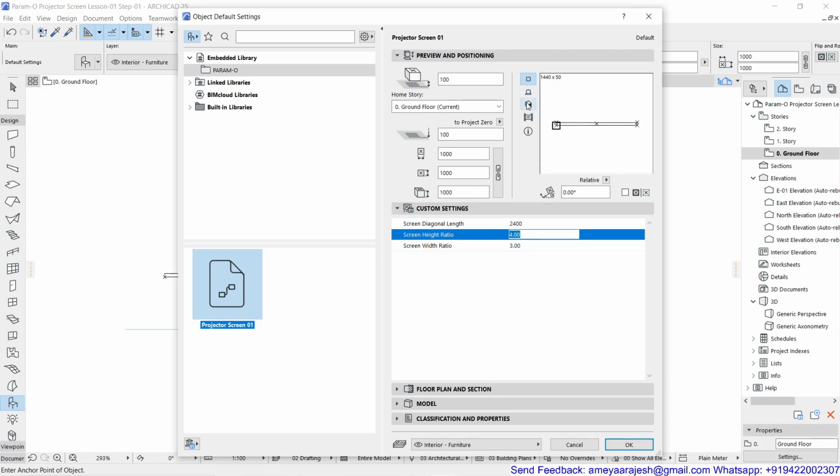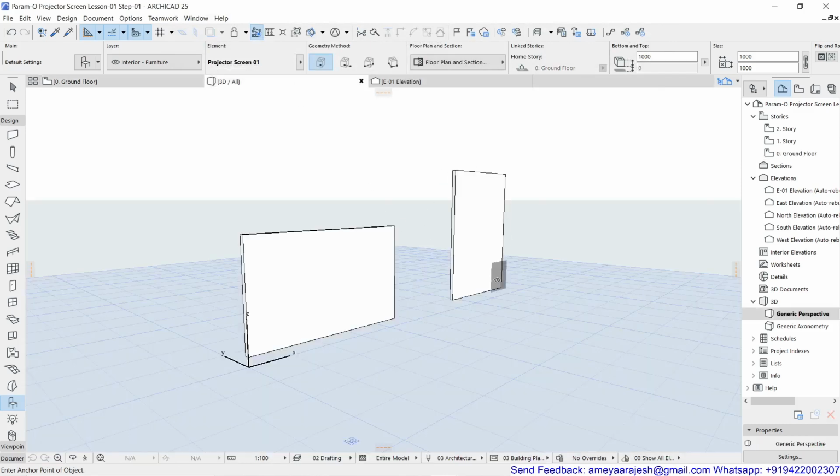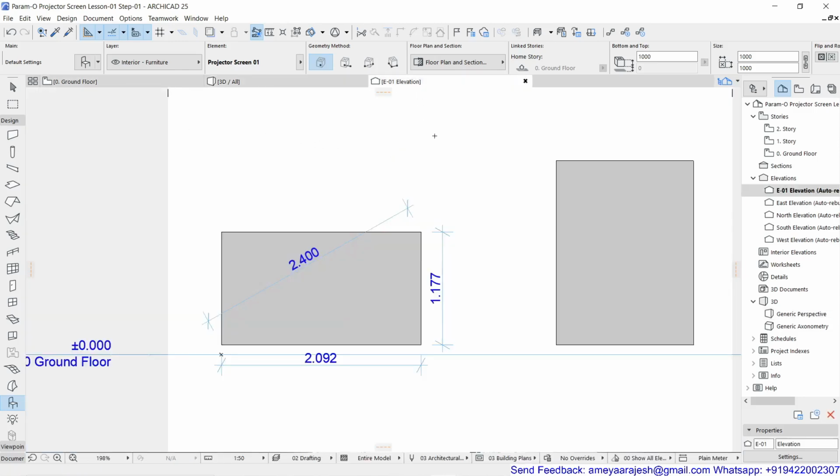It's valid, so just check how the object is displayed for you. The diagonal length stays the same, we are not changing that. So just say OK and drop the object as per your choice. Again, go inside the 3D and you will see this is your new object, your new screen. And in the elevation also you'll see it.